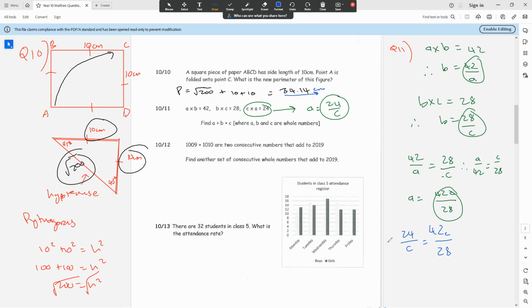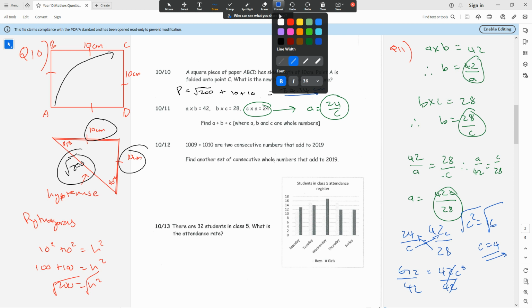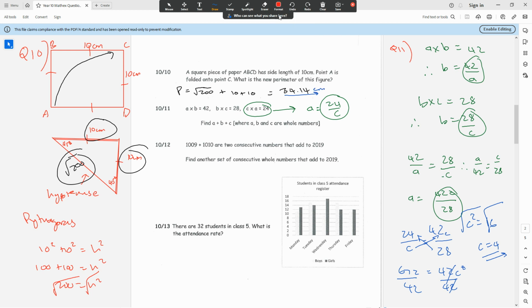And 28 times 24, if I multiply this way, becomes 672. Multiply C this way, I get 42C squared. Dividing by 42 on both sides, taking 672 and dividing it by 42 gets me 16. So C squared equals 16, square root both sides, C equals 4. They're whole numbers, right? C can also equal -4. That's also a possibility